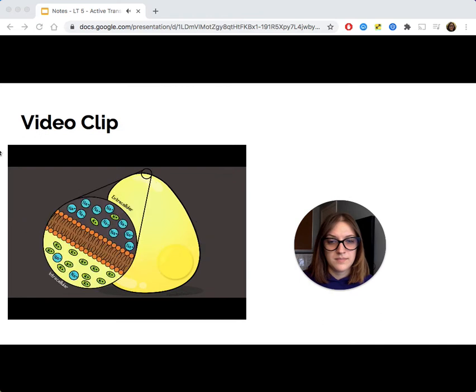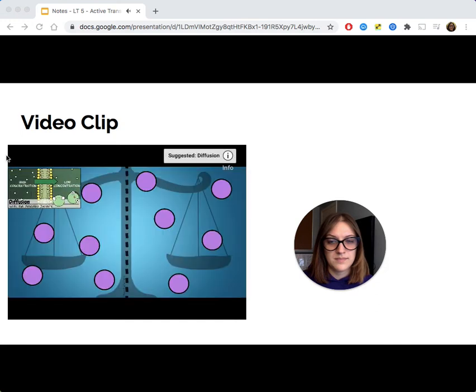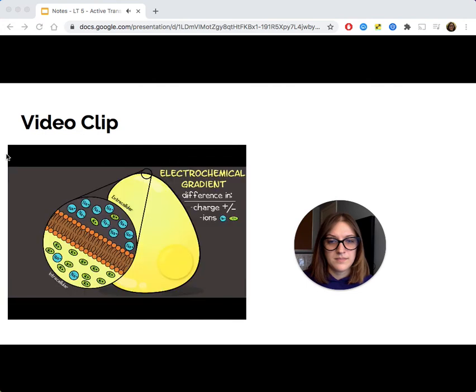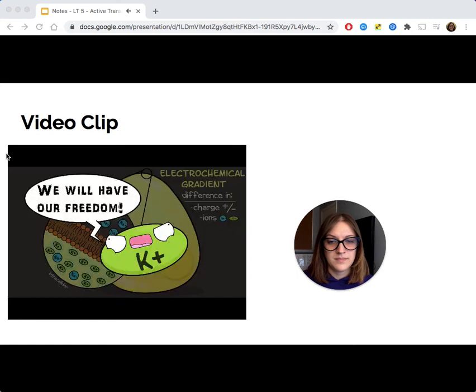The result of the pump's work means that there are specifically more potassium ions inside the cell and more sodium ions outside of the cell. This causes an electrochemical gradient. That means there's not just a difference in charge, but also in the actual ion types. Remember, in our diffusion video, we talk about how substances have a net movement from a high concentration to a low concentration. Well, if going by the chemical gradient here, those potassium ions inside the cell, they'd like to have